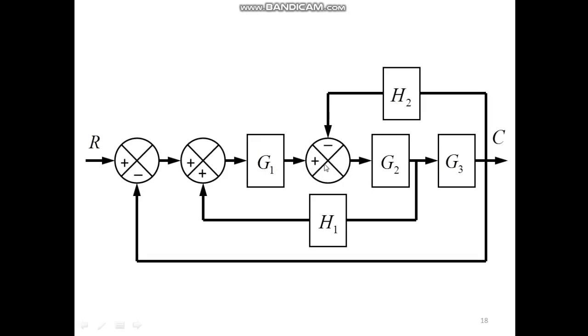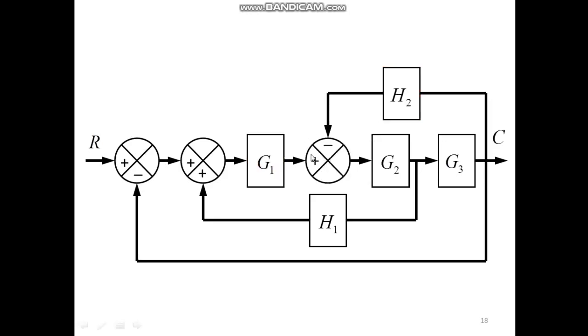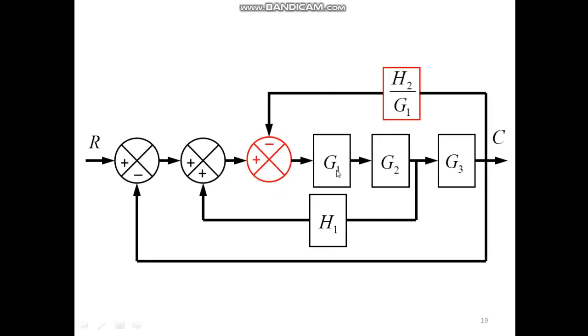So here, since the summing point is shifted over G1, the reciprocal of G1 has to be multiplied with H2. So here we will shift this summing point to the left hand side. So G1 will come here and H2 is multiplied by the reciprocal of G1. So now G1, G2 they are in series, so we will replace these two blocks by doing multiplication. So G1 and G2 multiplication will be done and it will be reduced in the